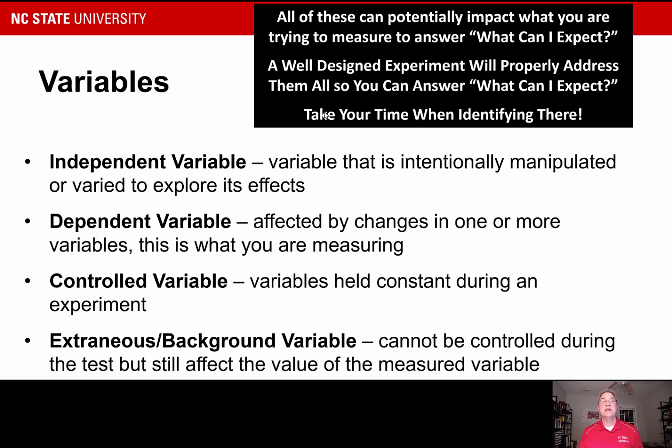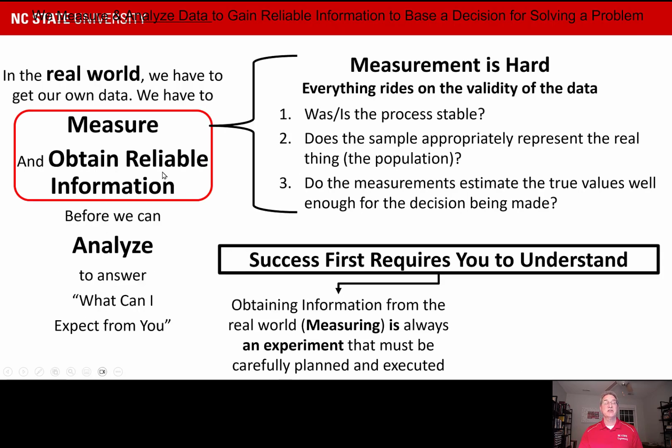Take your time when you're identifying these, because missing one variable that has a big impact on what you're measuring can make all of your results completely null and void. You may think it's telling you one thing where really it was this other variable that you missed that's causing it, and your results aren't valid and you're going to make a wrong decision. So take your time and pay attention to these. These things that Nathan is telling you, they're not academic. They are essential for real world experiments to get information to make decisions.